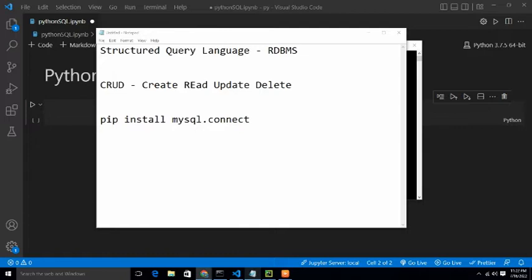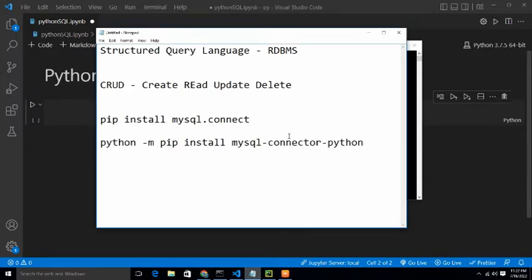Or you can actually just type this code. There's a code, I want to paste it here. You can do python -m pip install mysql-connector-python. So this is dash python. When you run this code, you can run the first one or the second one, either of them will run, but then make sure you actually